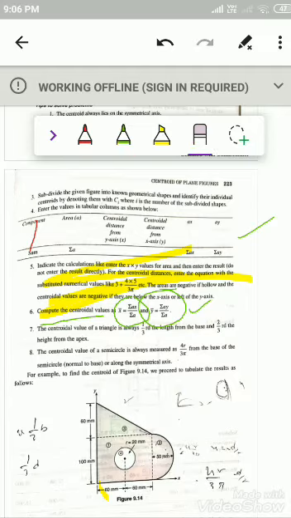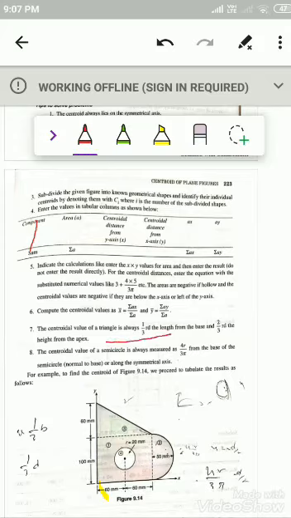And here, as I told you, if there is a right angle triangle, then the centroidal value is 1/3 of the length from the base and 2/3 of the length from the apex. What does this mean? If you are measuring the distance from the 90-degree side, then it is 1/3. Other than the 90-degree side, it is 2/3 of the base. So if you are measuring from the base, it is 1/3 of the base. If you are measuring from the apex point, it is 2/3 of the base. That is what the seventh point explains.